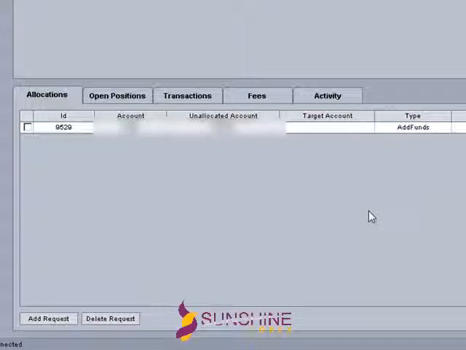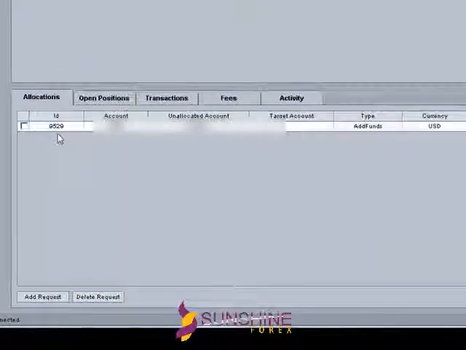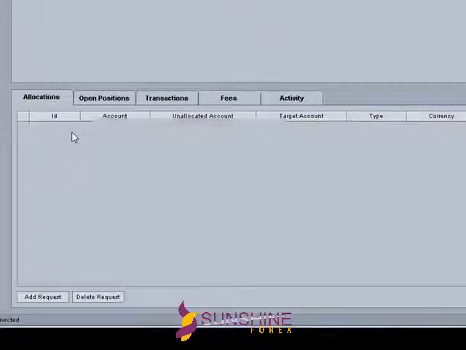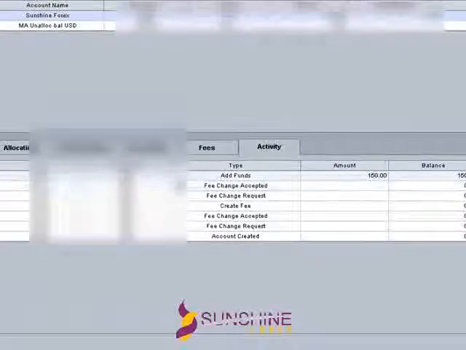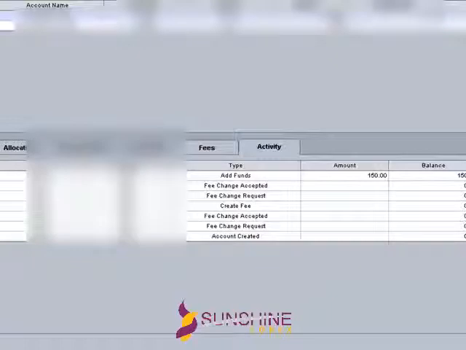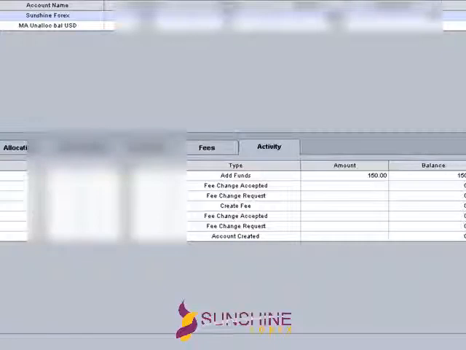Once the request is submitted, you will be able to see such a ticket ID being generated for it with all the details about the account. Until the time we accept those funds, you can always delete this request by checking this box here and clicking on Delete Request. After we accept the request of your allocation of funds to us, you will no more be able to see that ticket, but rather that will come into your activity list. Also, you will be able to see the Sunshine Forex account credited with some balance. With this, your account will be ready for trading.